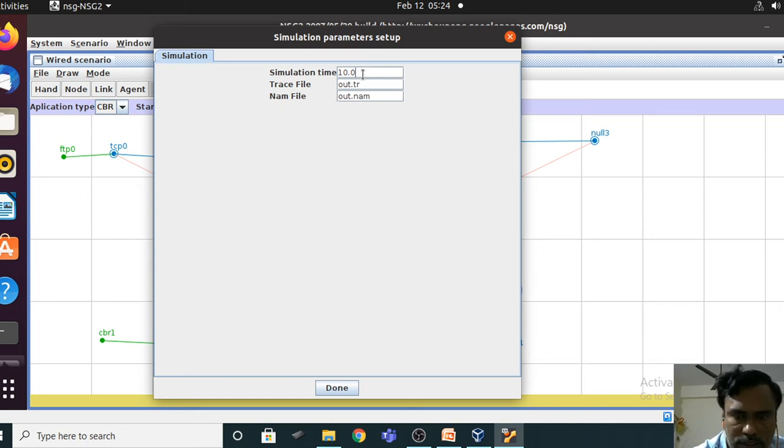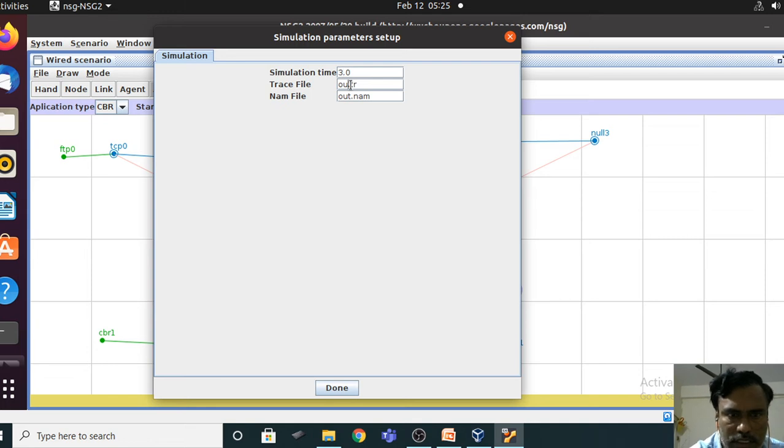So I think for this CBR I have taken the default values of start and stop, and that is 1, 2. So I can take this simulation time as 3,